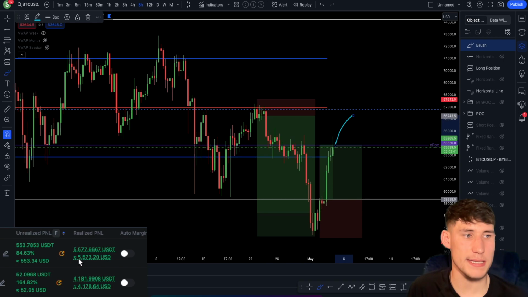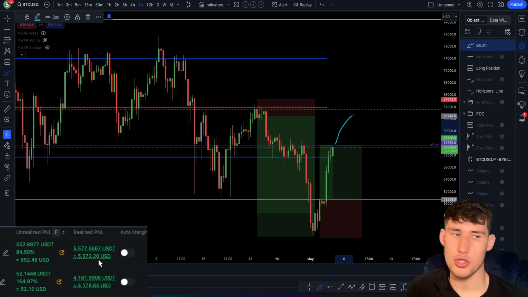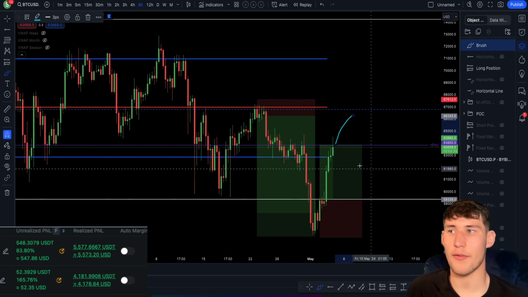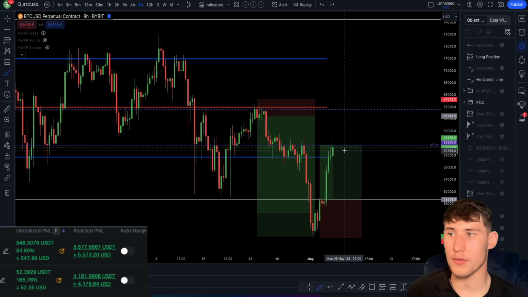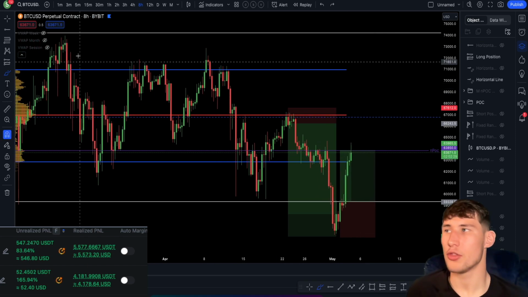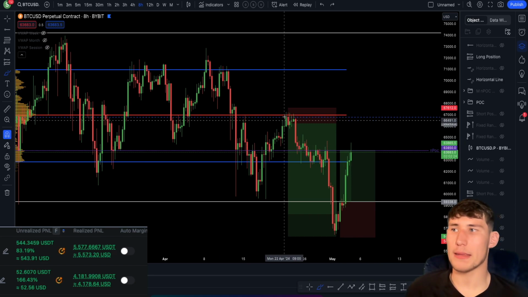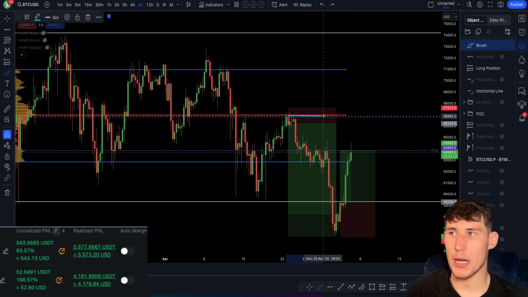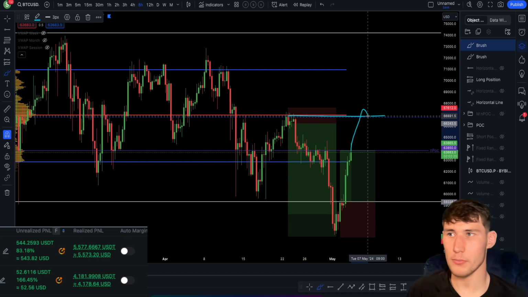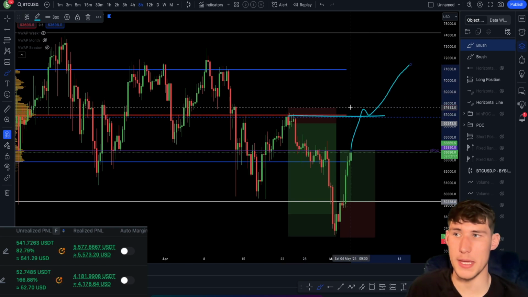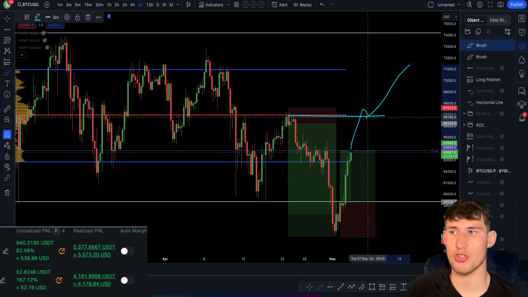But as you can see, I have already taken a lot of profit off of this short trade, so I'm not too worried at all. I've just left a little bit of capital in there just to see if I can squeeze a little bit more out of the trade, because I understand that we are in bearish market structure. So if we can start breaking this bearish market structure, i.e. we get above this POC right here, use it as support, and we can target higher prices there, this would, for me, be a break of bearish market structure.